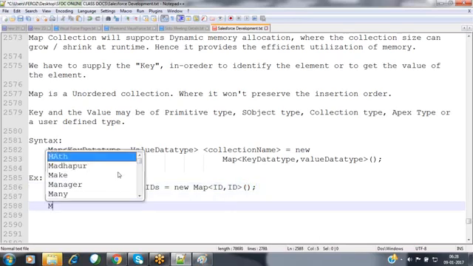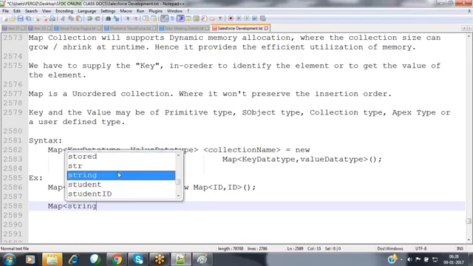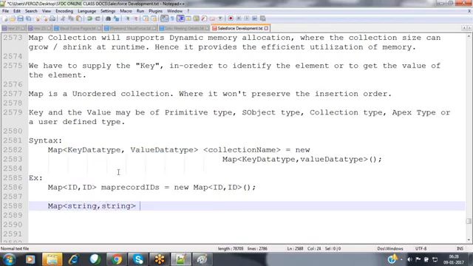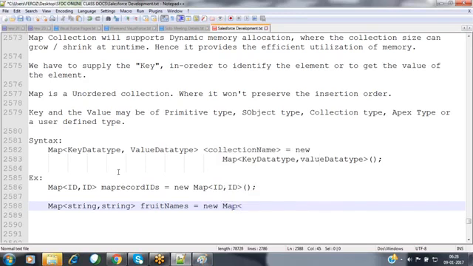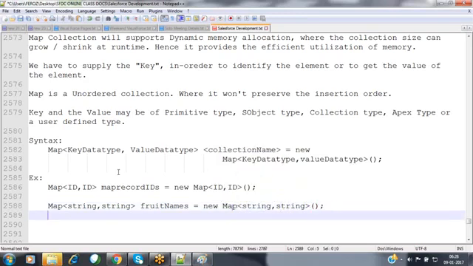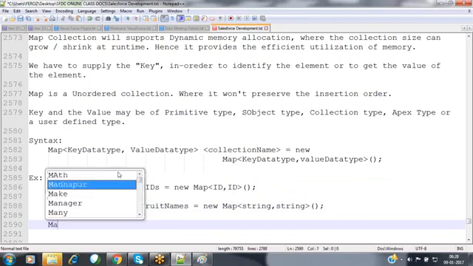Or else we can store map of string, comma, string. Now I would like to store element names, like some fruit names. New map of string, comma, string, nothing but where the key is of type string and the value is also of type string.